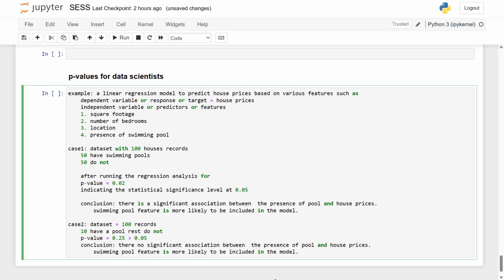There is no significant association between the presence of a pool and house prices. Hence, the data scientist might decide to exclude